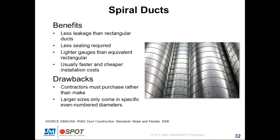That's usually not an issue airflow-wise in sizes over 36-inch round. There's not a whole lot of difference in the amount of air that can move between a 61-inch round duct and a 62-inch round